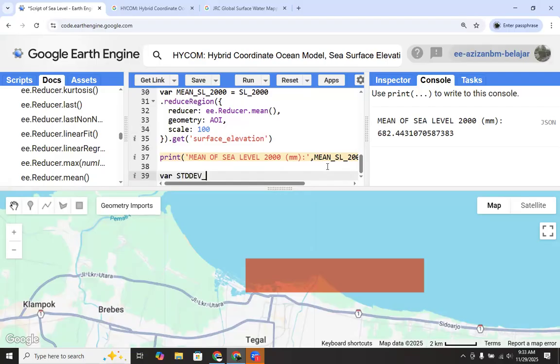After we define the mean of sea level, we define also the standard deviation.